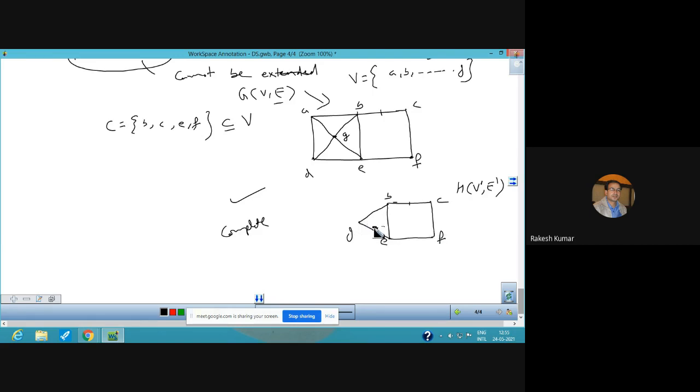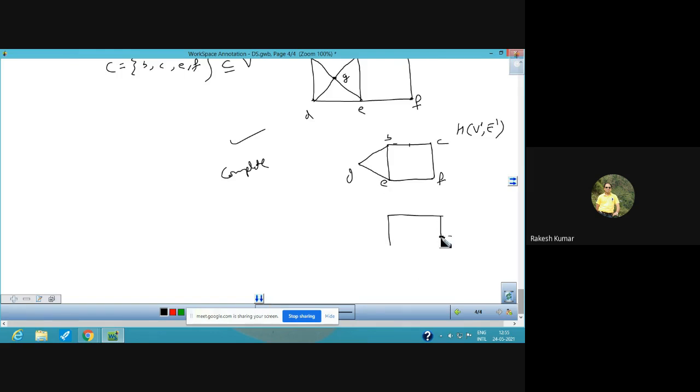So that is why we cannot contain the G vertex in this. So the maximal clique is this only, by taking B, C, E, F. So this is the maximal clique in this graph H. Okay, so this is the meaning of a clique.